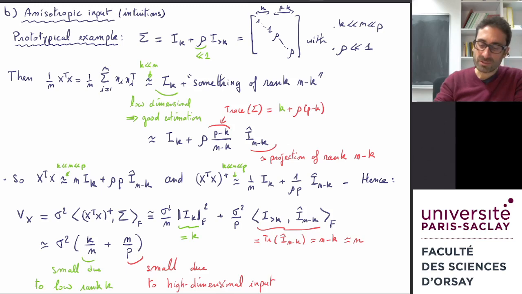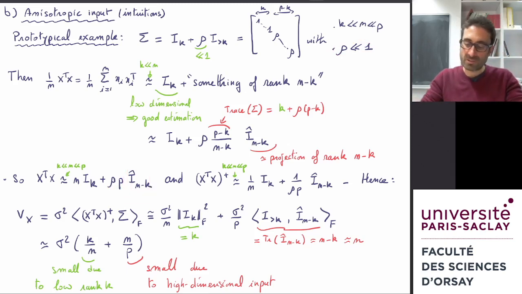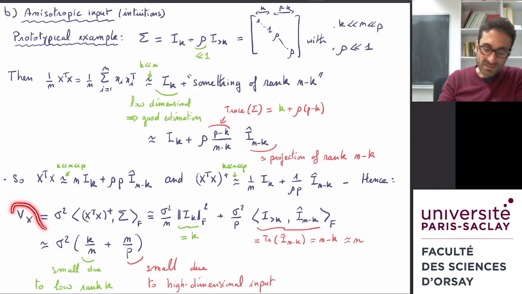But for the high dimensional part, what we will have is something like rho, this factor which is small, times p, the input dimension, times this matrix, which is a projection of rank n minus k, a random projection of rank n minus k. And by doing this non-rigorous computation, we end up with the following guess,